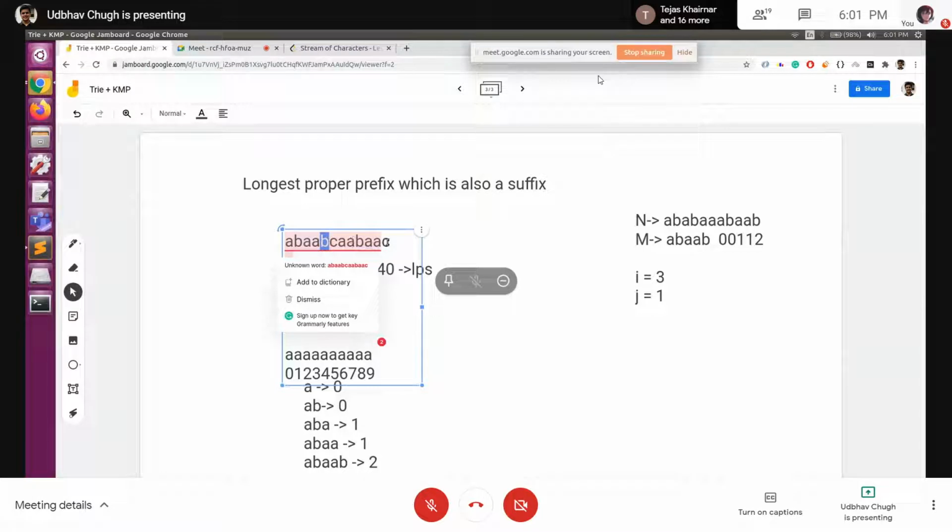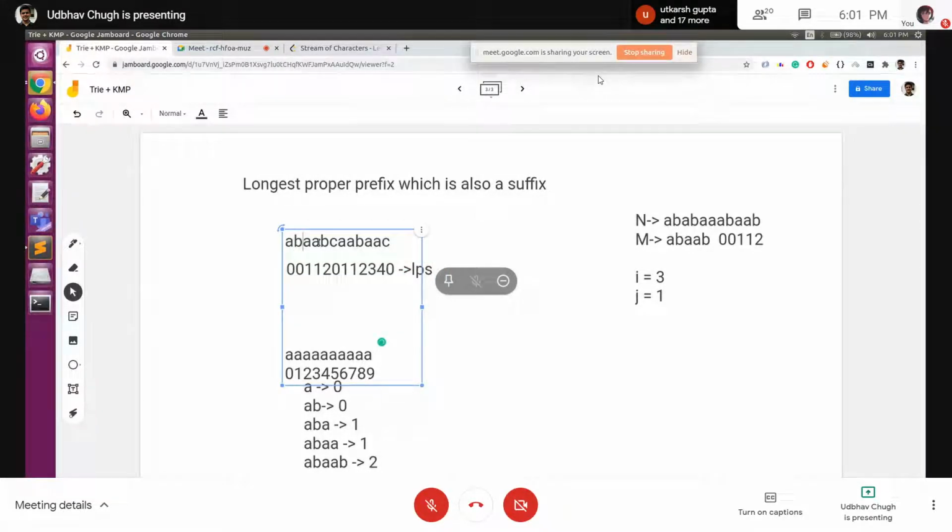Okay, they are not equal. So at which point should I go now? I'll go to the LPS value of the previous one. Since I know that B is not matching, so I'll take the LPS value of A. So LPS value of A is, you can see, 1. So I know that 1 A is definitely matching.